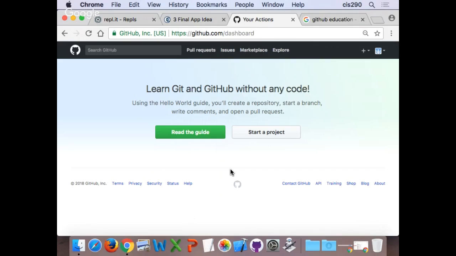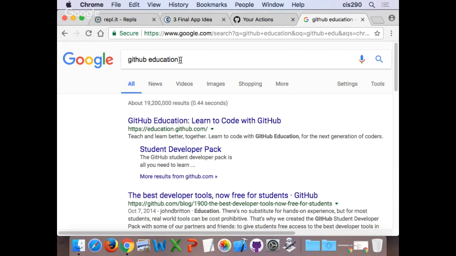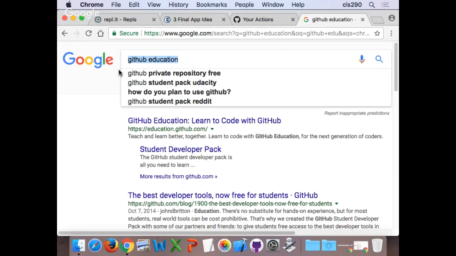Now what I need you to do, once you've done that and you're signed in, you should see the little signed in thing on the upper right corner of GitHub, like I've done on mine for RBC Student. Leave that tab open and open another tab and just Google this term, GitHub Education. When you Google GitHub Education, it's going to give you, I believe, that very top link, which is education.github.com.